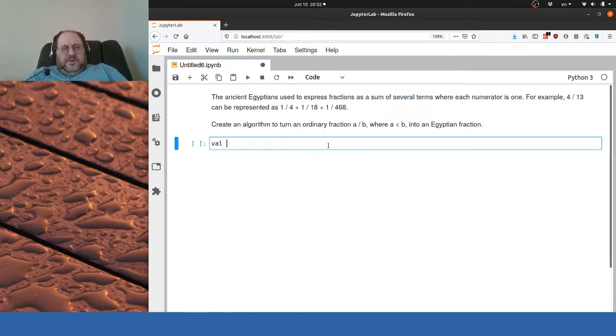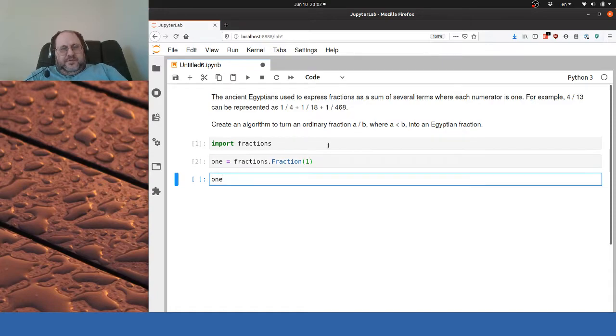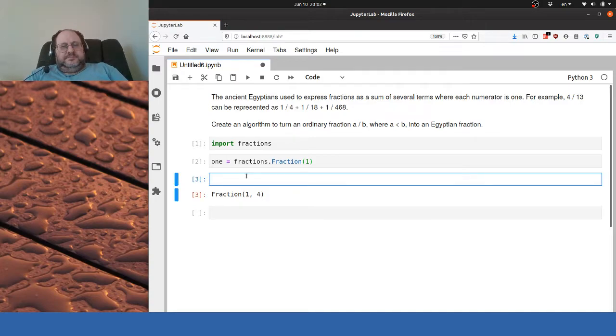So we can do import fractions, right? And this is a nice trick, because if we do this, then it automatically turns into a fraction, and it's a nice syntax. So if we look at a fraction like 1 times 4 over 13,